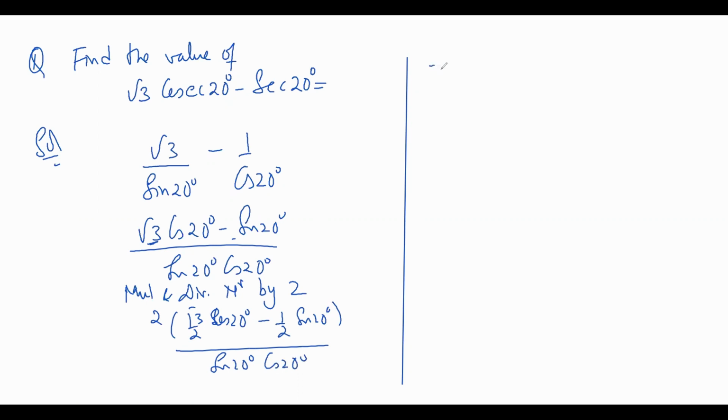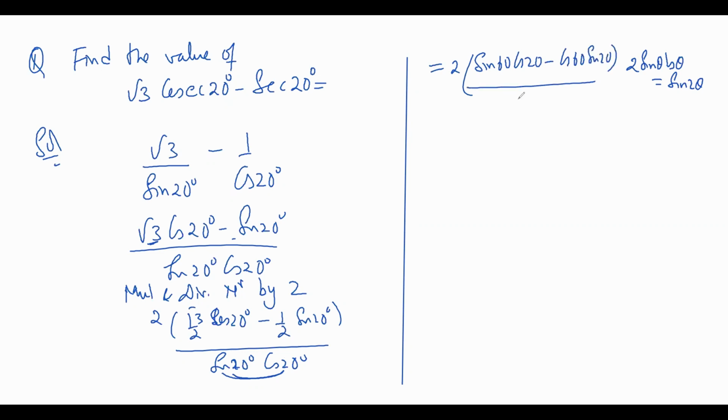And I can get a hint from this question. That means we have to convert this numerator into sine of A minus B. How? Because in the denominator there is sine 20 into cos 20, and we have one formula of this type, that 2 sine theta cos theta is sine 2 theta. Therefore, my next step is I write this root 3 by 2 as sine 60 cos 20 minus cos 60 sine 20, and in the denominator this is sine 20 cos 20. Now, what I have told you, this reduces to sine of A minus B, that is sine of 40